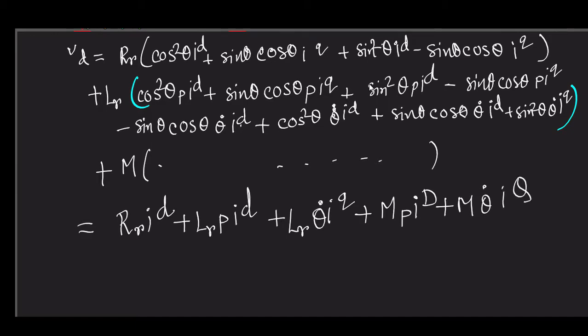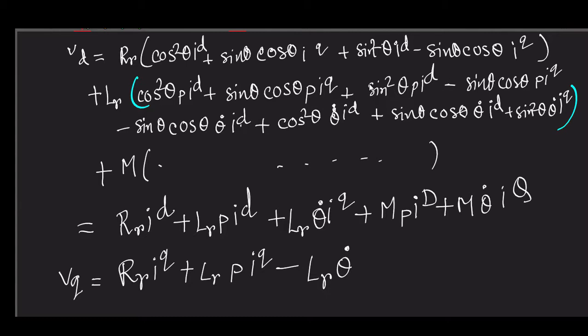and similarly you will have vQ is equal to, I'm going to write the last compact equation, not writing the entire elements, because if you do the operation correctly by yourself, all the mathematical manipulation, it will give you this. Let us replace this theta dot by omega, things will become simpler.